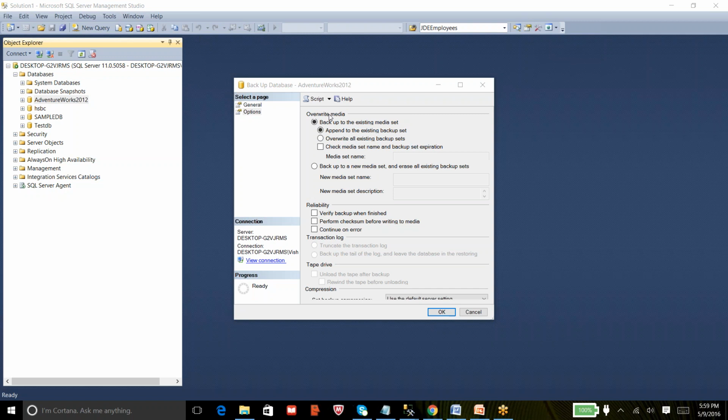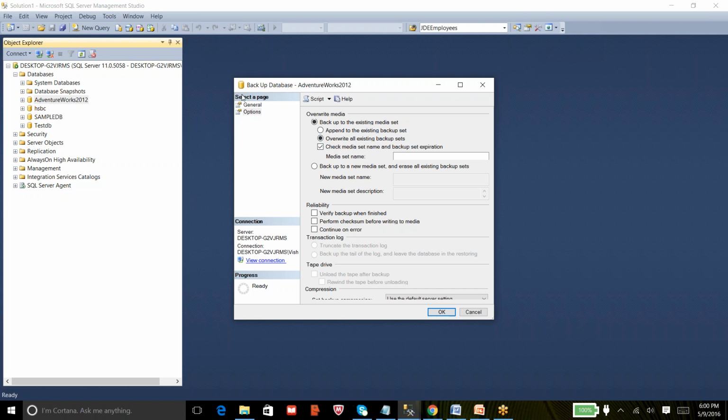So that is the reason it is always advised to keep your backups on a different location. So the options here are overwrite media, backup to the existing media set. If you already have a file with the name adventureworks.bak on your drive, you can still append this backup to that file. And next is overwrite, which will overwrite the files on the destination before it starts taking the backups. And the next is check media set name and backup set expiration.